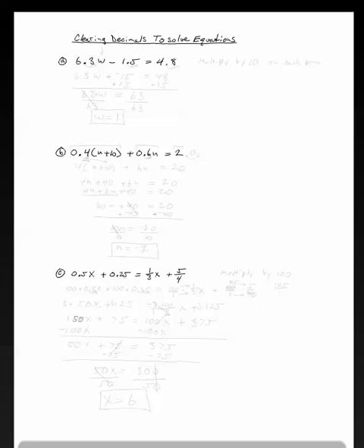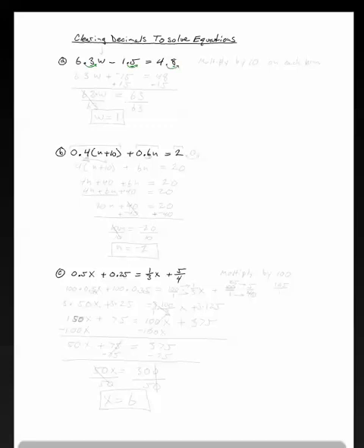So if we look at example A, we've got one decimal digit in this term, one in the second term, and one in the third term. If they all have the same number of decimal digits, then it's very easy, because in order to clear decimals, you just need to move the decimal to the right the same number of places in each term. So in this case, we're going to move the decimal to the right one place in each term. So one's here, and